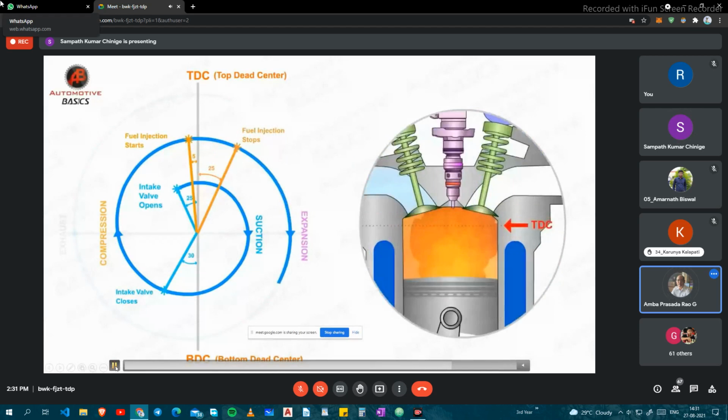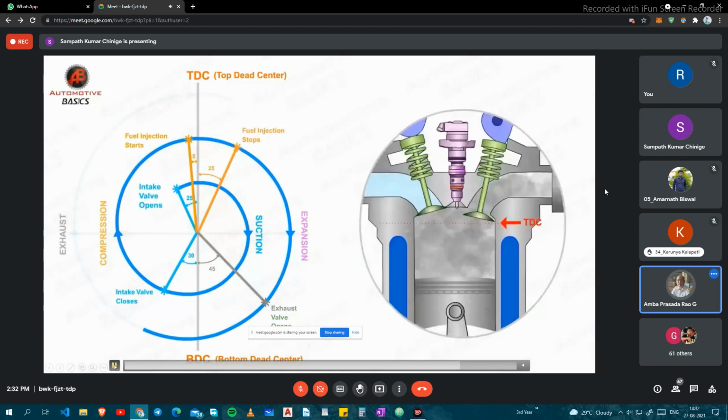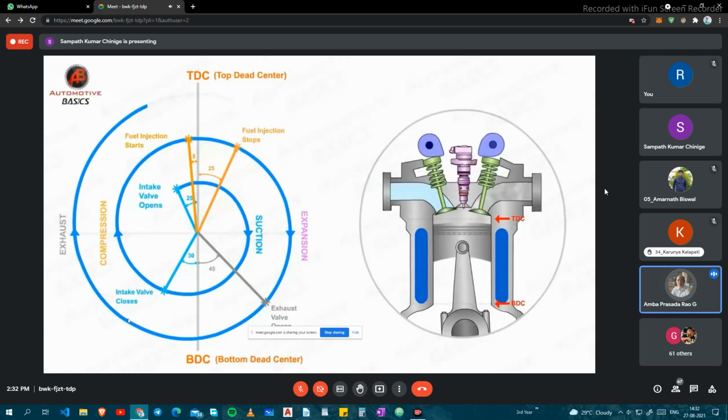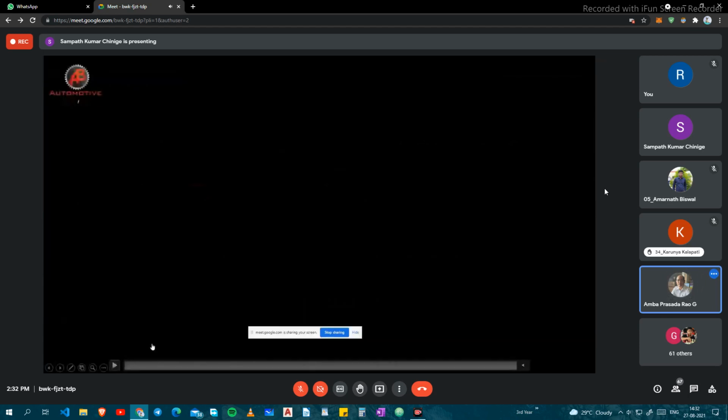Then there is release of power, and before the piston comes to the bottom center, the exhaust valve opens here. Like the inlet valve opens before TDC, we are opening the exhaust valve before BDC. This valve is kept open till the point comes, even after